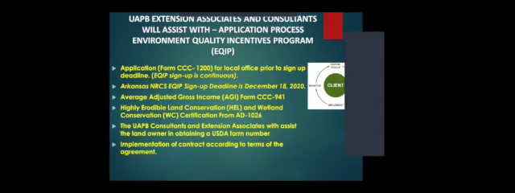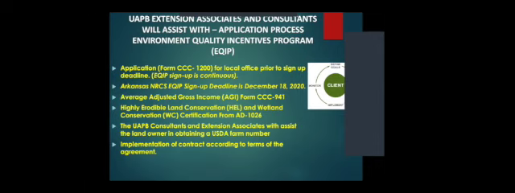And one of the things the extension associates and consultants with the small farm program can do is help you put together that application. Fill out that Form 1200 for the EQIP program. It's important that you file an application before the deadlines. EQIP is a continuous sign-up program. However,